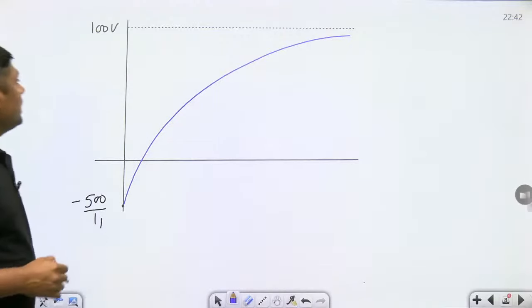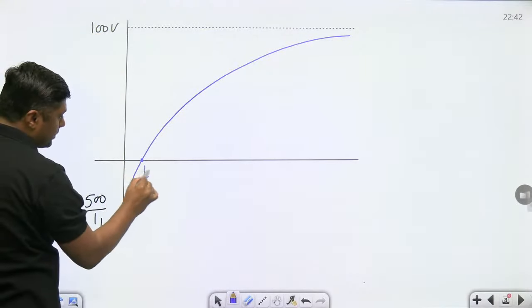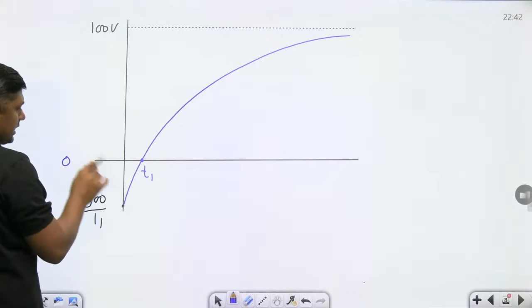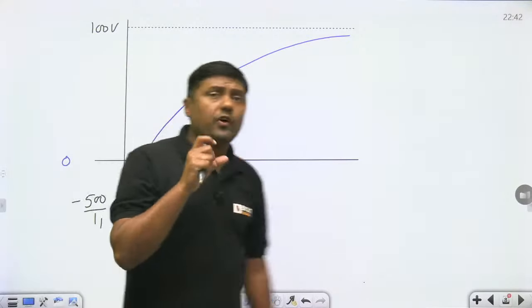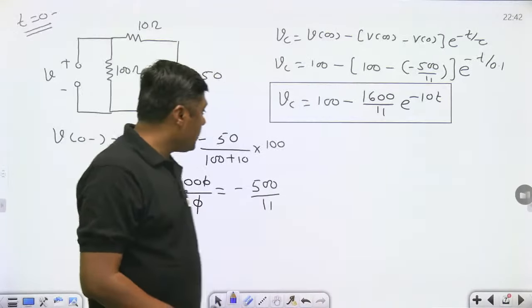That is the curve, and finally it will reach 100 volt. Means at this point T1 it will cross the 0 axis. Okay, this is the 0 axis, and exactly at T1 it will cross the 0 axis. Now if you want to find the time at which it will cross the 0 axis, simply first of